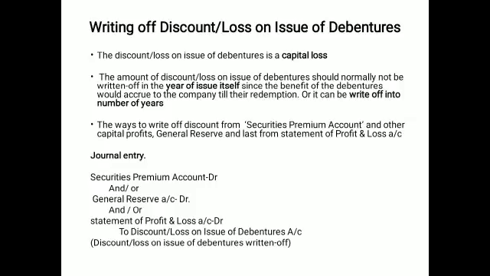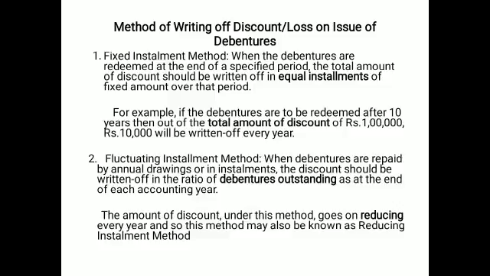Then use the method for the balance amount. Now the next is the method of writing off the discount or the loss on issue, which has two methods. One is the fixed installment method and the second is the fluctuating installment method. In the fixed installment method, a lump sum payment is given to the debenture holders at one time and the whole account is cleared. Then the number of years is taken to write off the